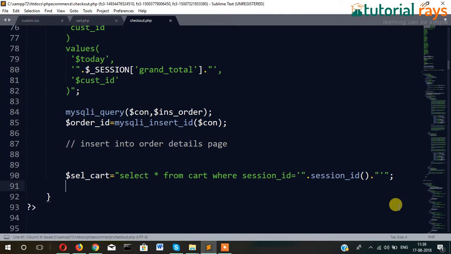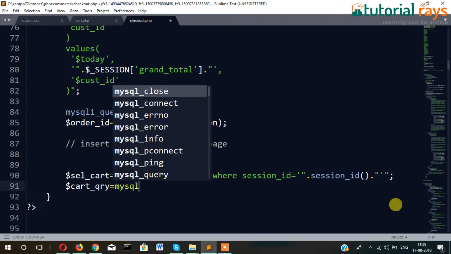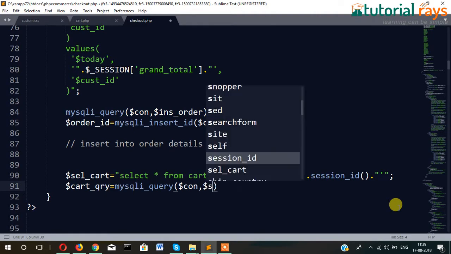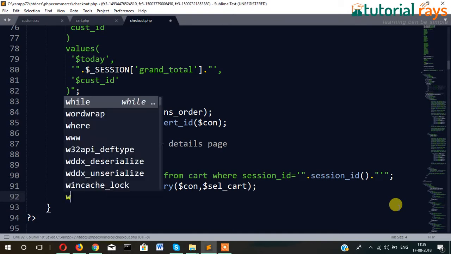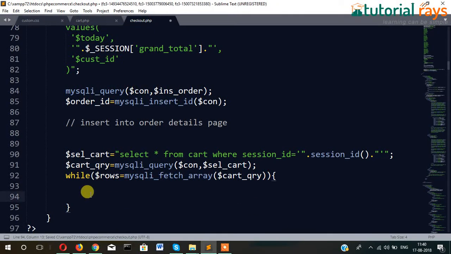and then finally $cart_query equal to mysql_query($sel_cart), and then a while loop here: while $rows equals mysql_fetch_array($cart_query). Here we will write the insert code,